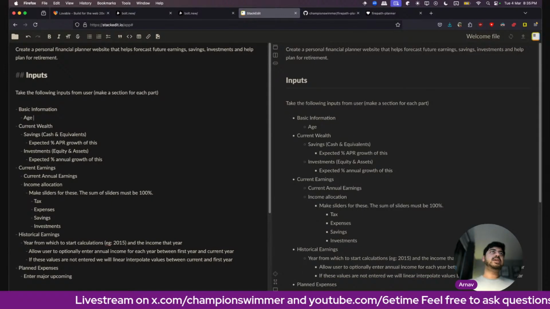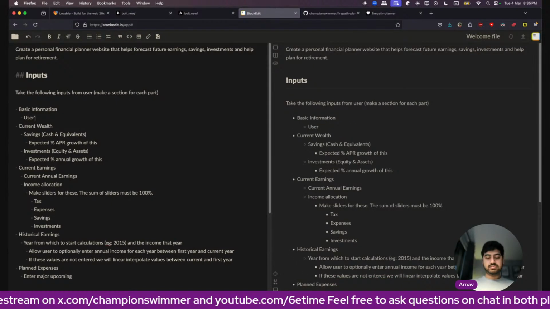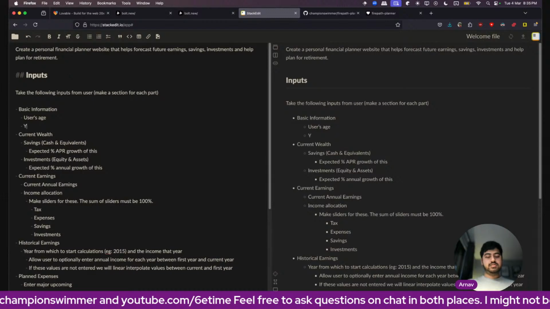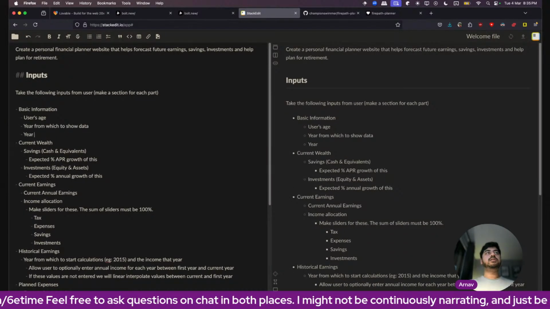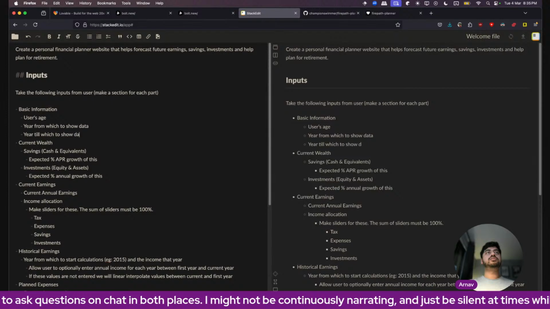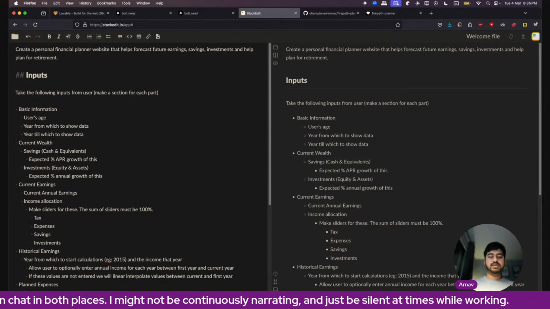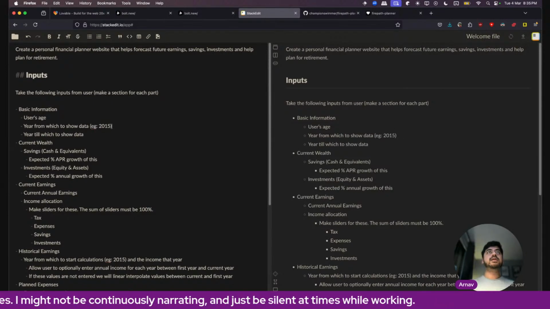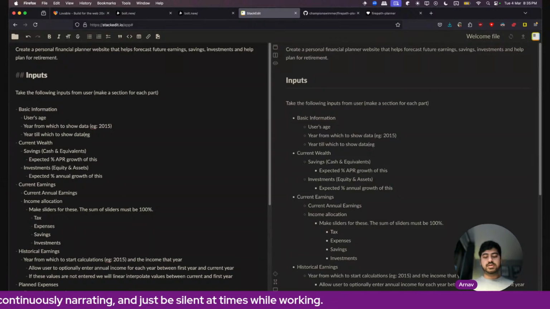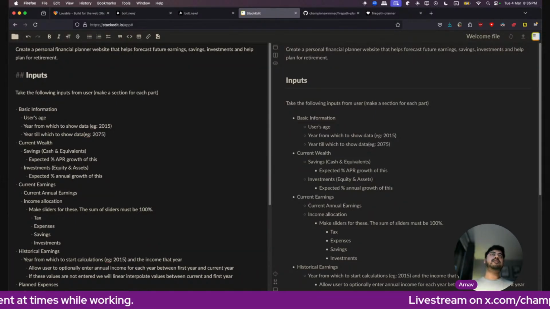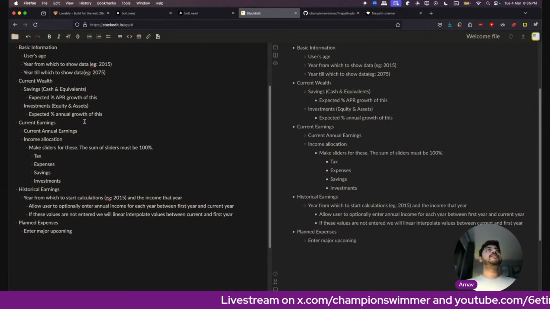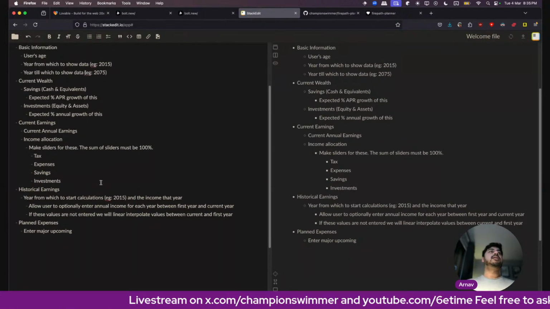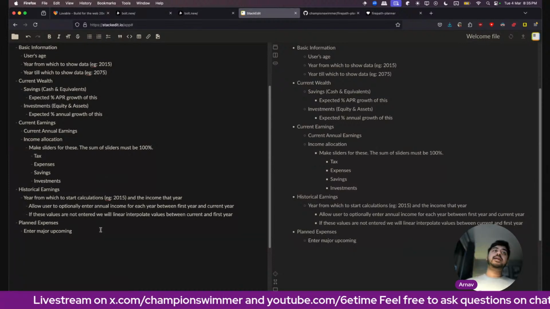I think user's age, year from which to show data, year till which to show data. You just say example from 2015, example up to 2075, maybe 50 years, 60 years of data. I'm not sure like this. Okay. Planned expenses.